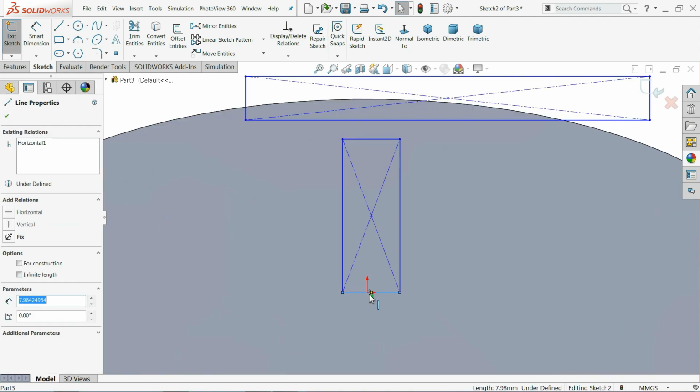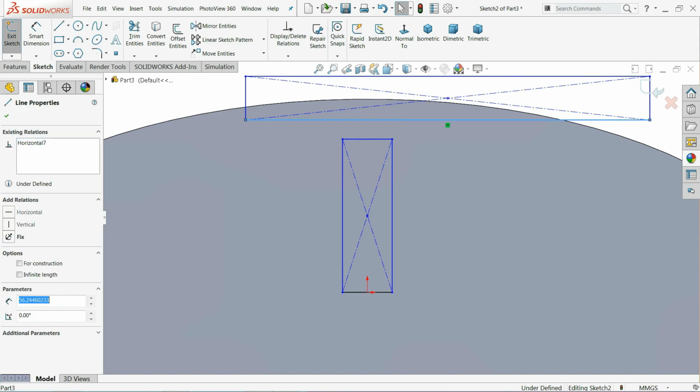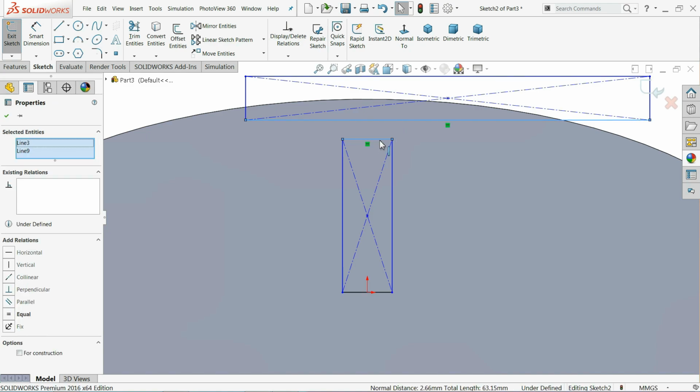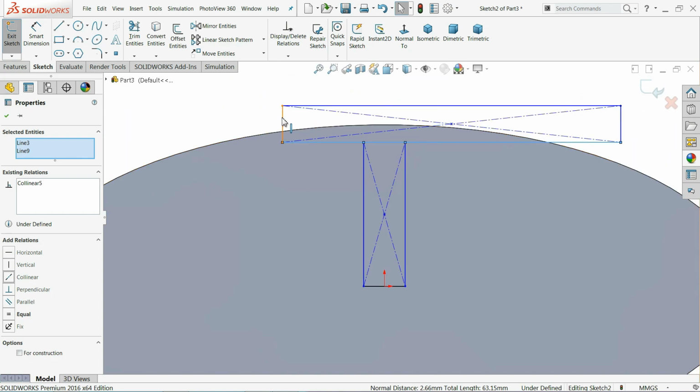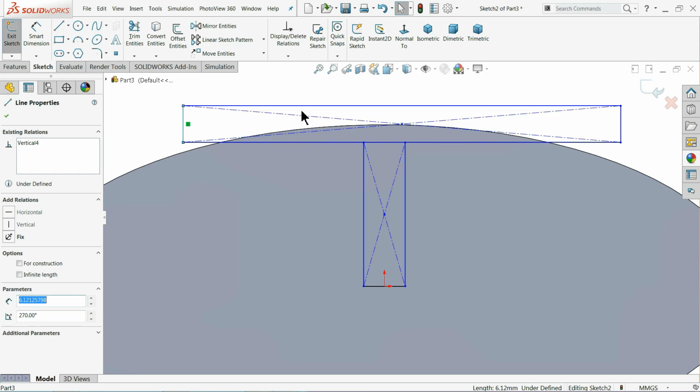Now select the line and hold shift key and this point and make a relation midpoint. That's it. Now select these two lines, make relation collinear. Okay, and we want to cut through, up to throughout.